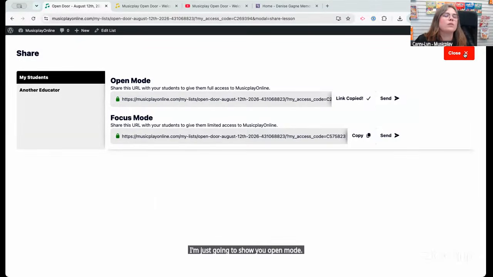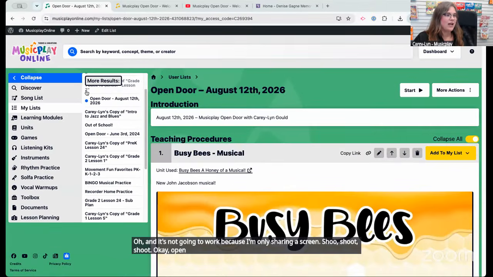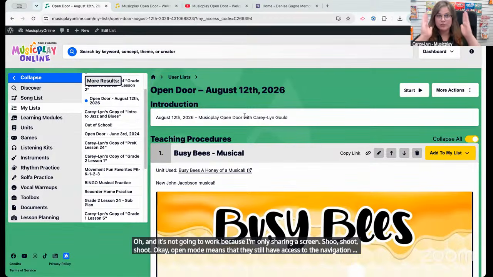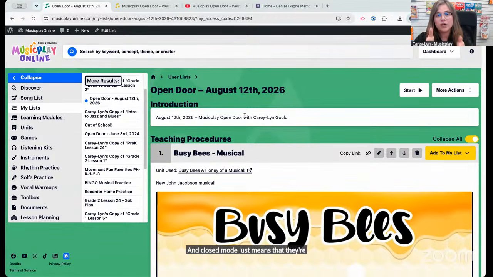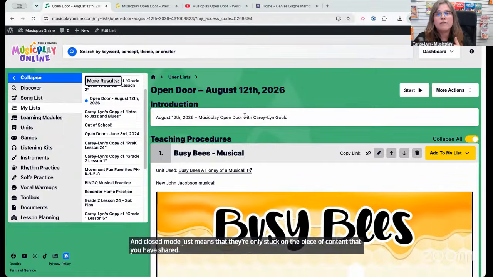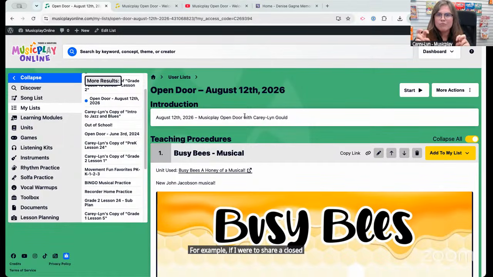Oh, and it's not going to work because I'm only sharing a screen. Shoot. Okay. Open mode means that they still have access to the navigation bar, and closed mode just means that they're only stuck on the piece of content that you have shared. For example, if I were to share a closed mode student view, focus mode is the actual terminology, carry on,